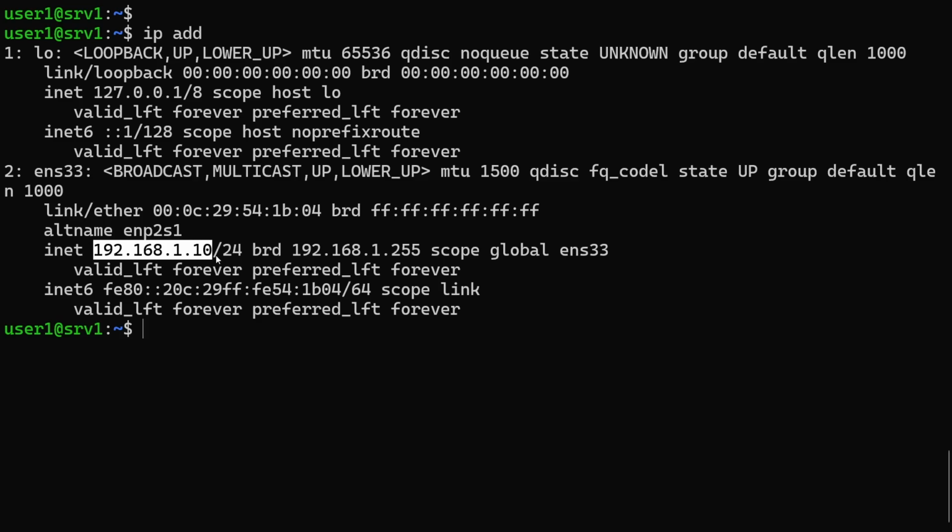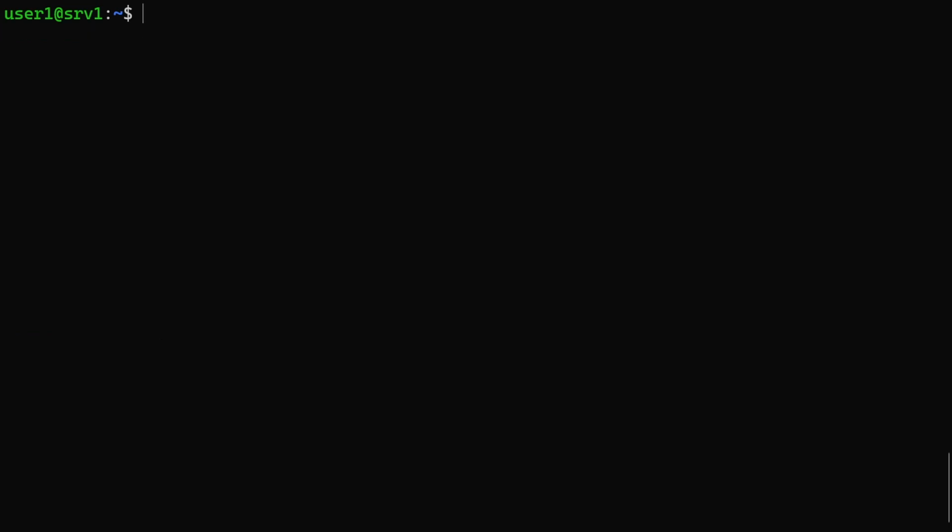And one thing that it doesn't show is the default gateway, so this ip addr command does not show the default gateway. And if we want to see the default gateway, we have to look at the routing table, and the command for that is